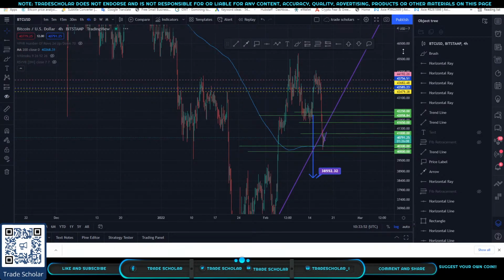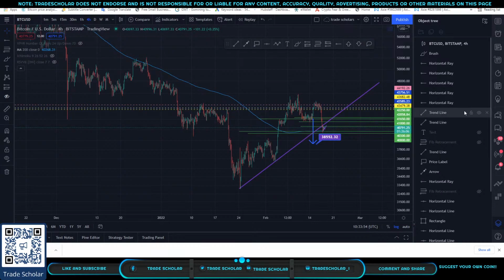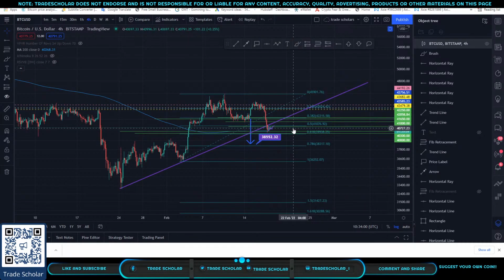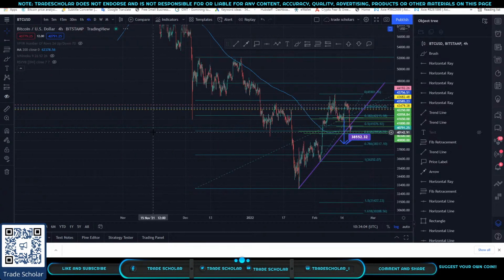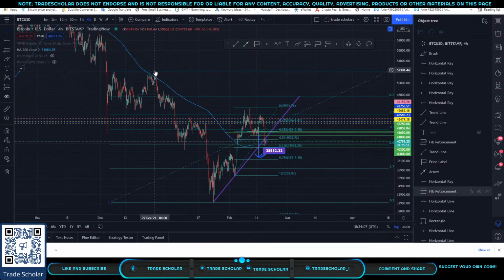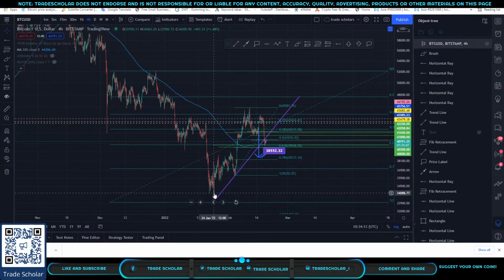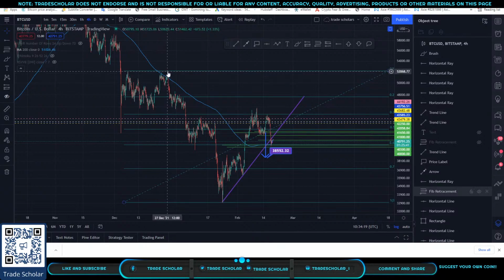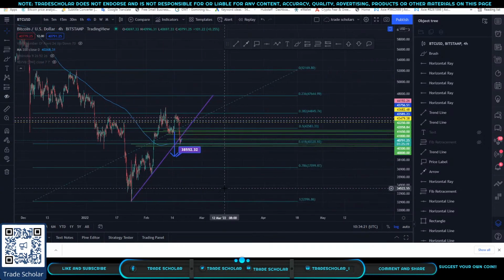So how are you going to trade this one? You need to pull out the fib retracement. Okay, so this is a shorter fib retracement here. Another fib retracement is the bigger one, from the previous all-time high, from the swing high to the swing low. And you remove this little fib here, and you can find that from this top to this bottom right here,